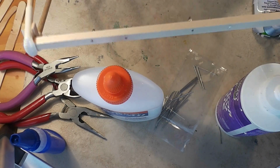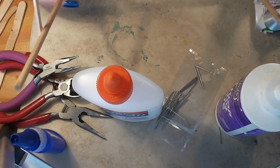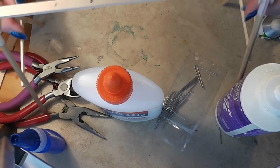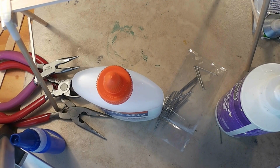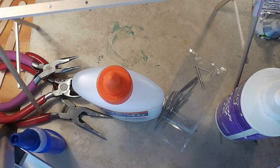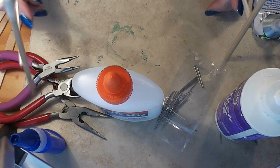Alright, so now that glue is pretty well set, and this feels a lot stronger. So our next step, I am going to spray paint this entire unit. I need to take it outside to do that, so I can't take the camera with me for that. But I'm going to take it outside in a box between rainstorms, because we've had rain and thunder and lightning and all kinds of wonderful things, and wind and everything today. So between bouts of weather in the next few hours, I am going to spray paint this,